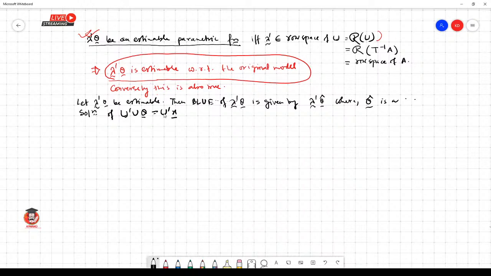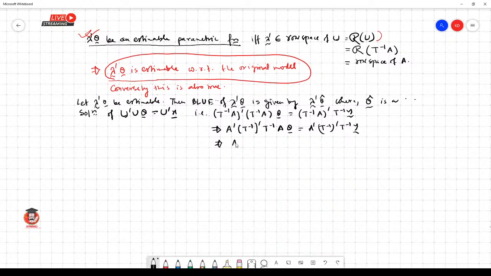Okay, and that is, U means T inverse A whole prime, T inverse A theta curl equal to T inverse A prime T inverse y curl. So this is equal to A prime T inverse prime T inverse A theta curl equal to A prime T inverse prime T inverse y curl. This is the same thing. Okay,